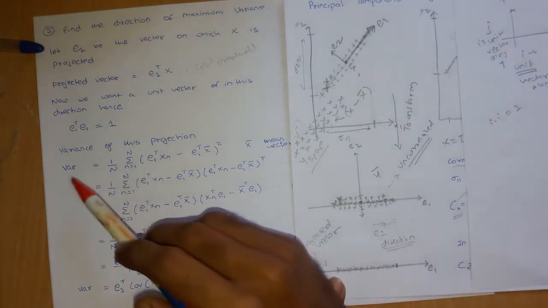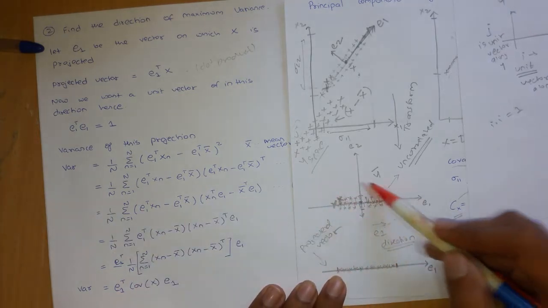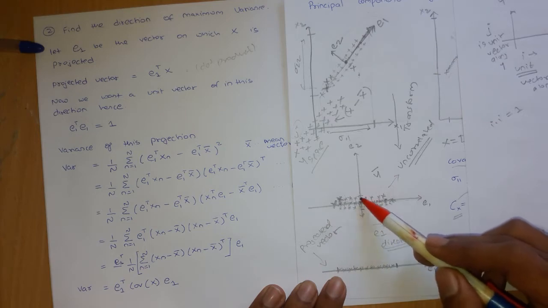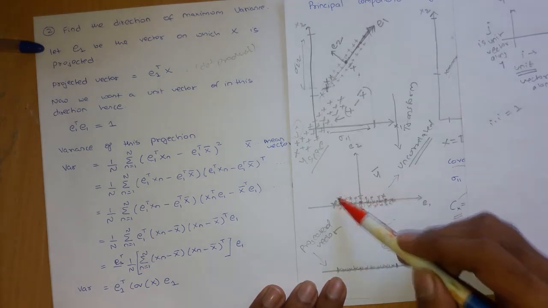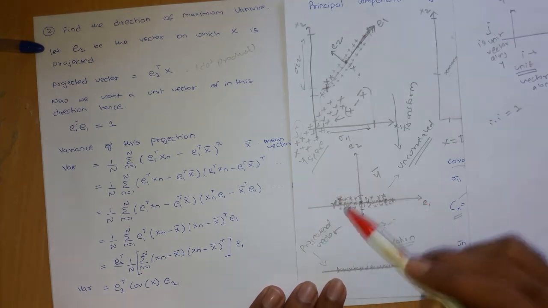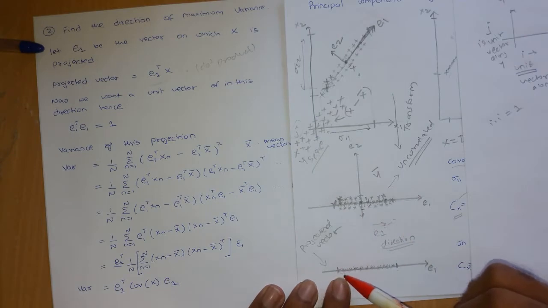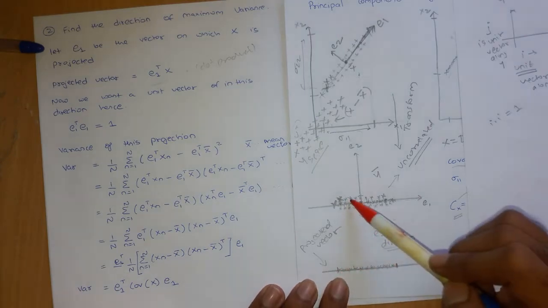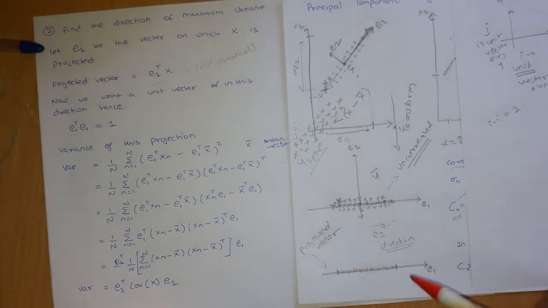So hence I am calculating the variance of the projection. So this is what I had. I projected this like this. That is nothing but taking the dot product of every sample with E1. That is what we do over here. And then we see the variance. So after this I'll get this, and we see the variance of this particular thing, and we want to maximize